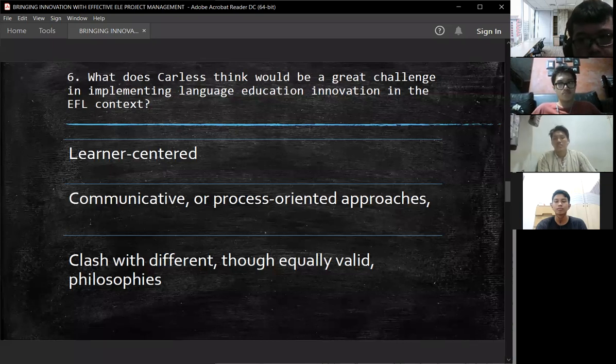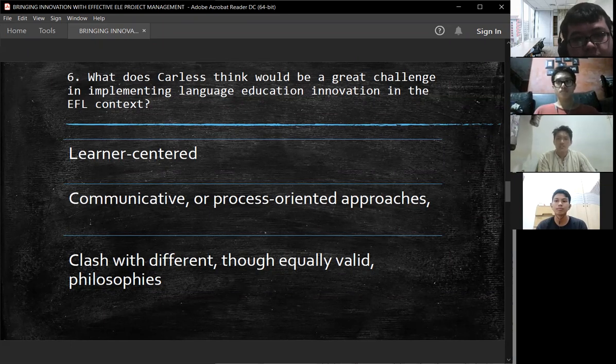And Carless's saying is that innovations need to be designed in ways which are receptive to and respectful of both local classroom realities and wider national cultures. And the next questions will be presented by